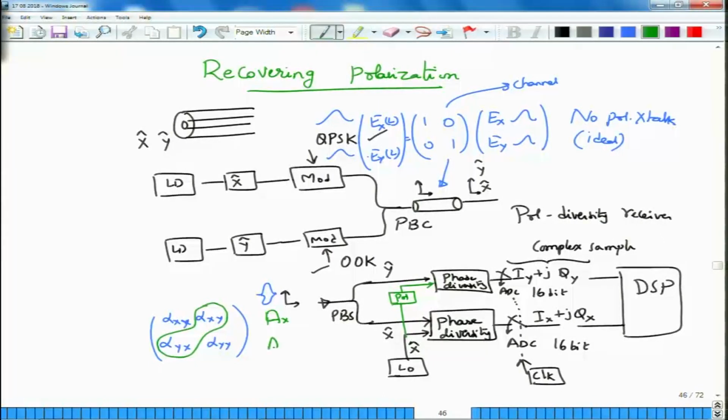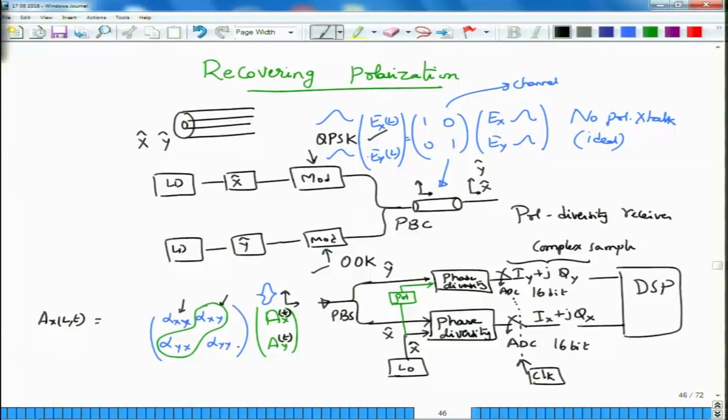We will call these ax and ay instead of ex and ey, because these are the time dependent envelopes that we are talking about. So let us not write them in terms of electric field, but in terms of amplitudes or the complex envelope. These complex envelopes are of course functions of time as well, and the cross terms would essentially mean that the output that you are going to get at L will actually contain part of the signal from x and part of the signal from y. The magnitude of these cross terms alpha xy and alpha yx, which usually are equal to each other but with a different phase normally, are again statistical parameters.